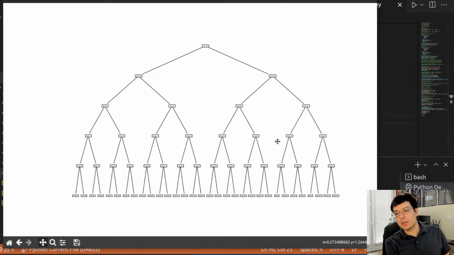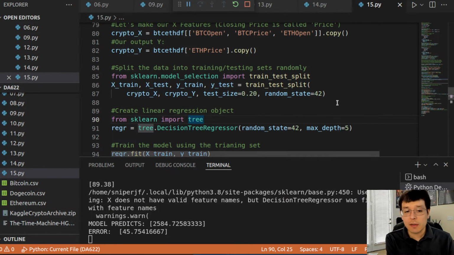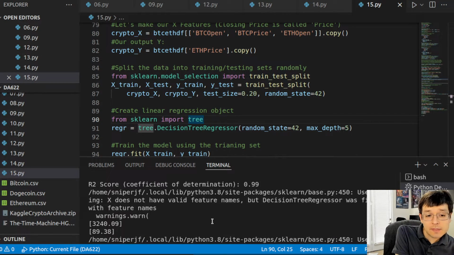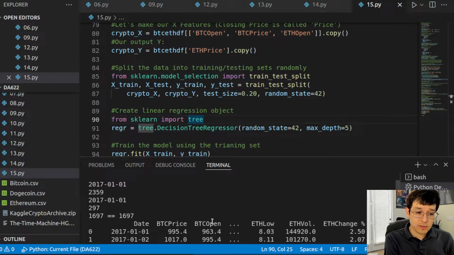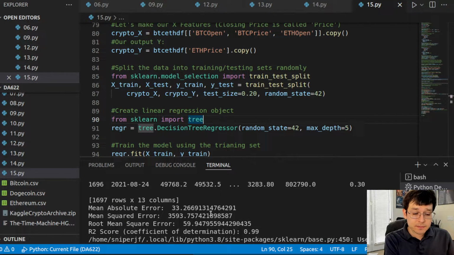I don't know why it's so slow. But by the way, the fact that we lowered the depth, which means the level of the tree per se, so like how many questions it has between the first node and a leaf node. Interestingly enough, actually,